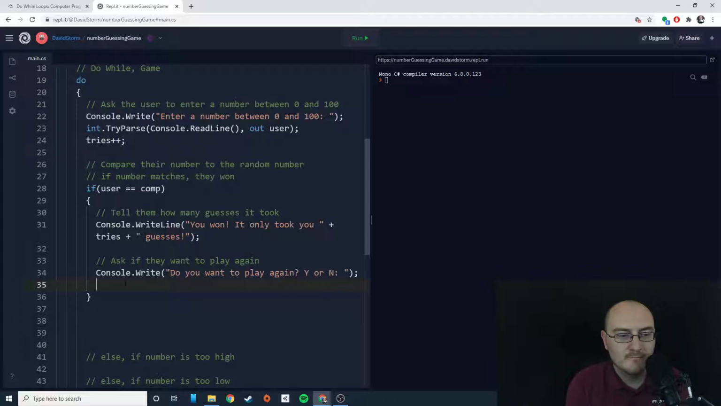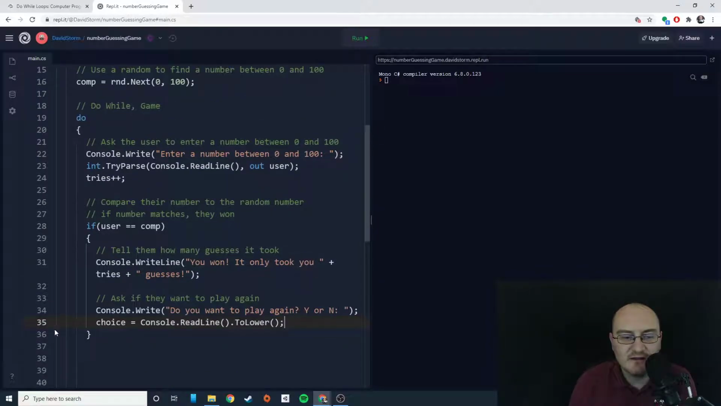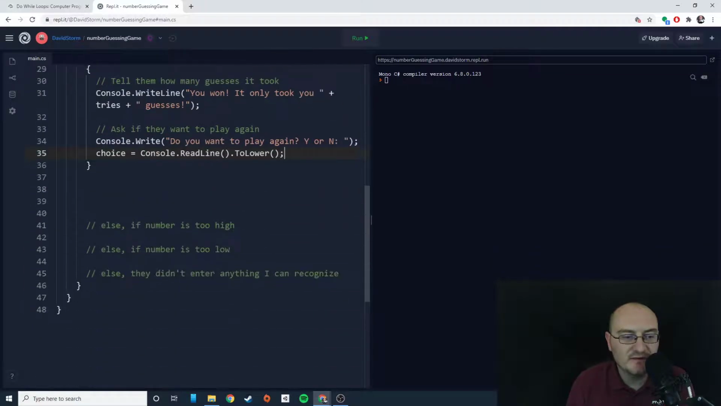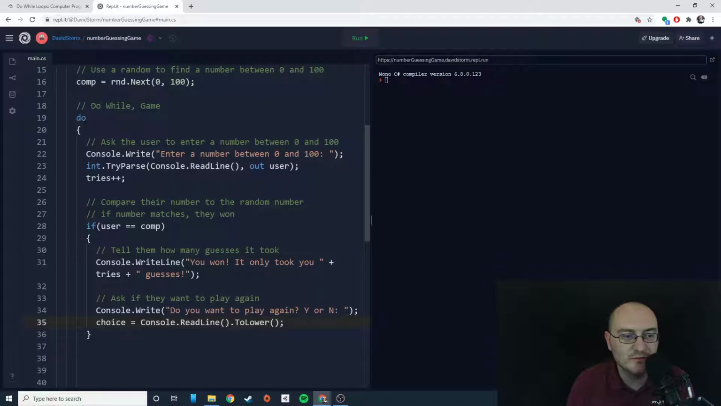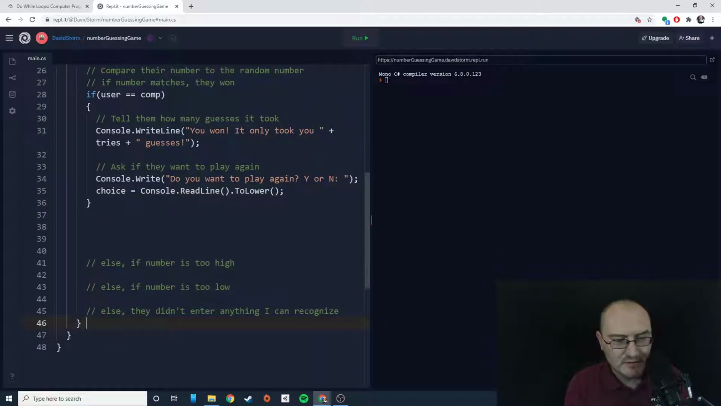Choice equals console dot read line dot to lower. So what we're going to do there is set this, if they win the game, to whatever they chose. If they type a Y, it's going to make it a lowercase y, and it's going to continue to play the game. Because down here at the end of our do, let's find the end of our do, we'll say